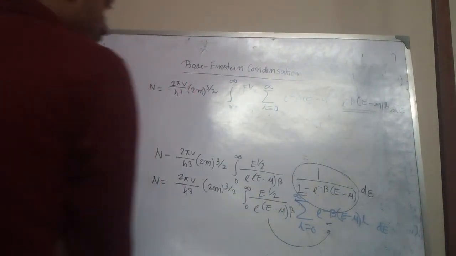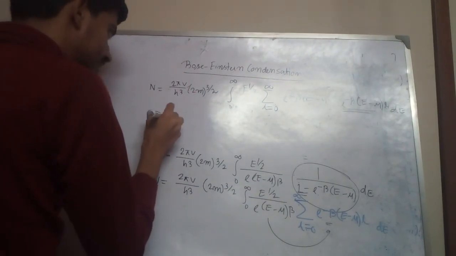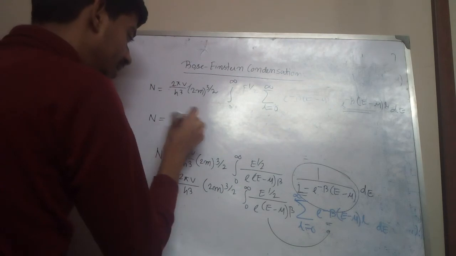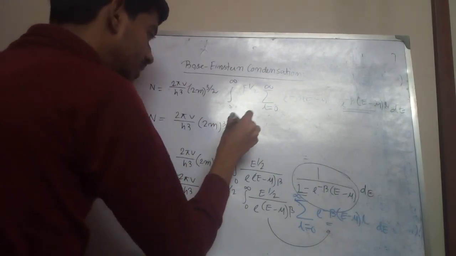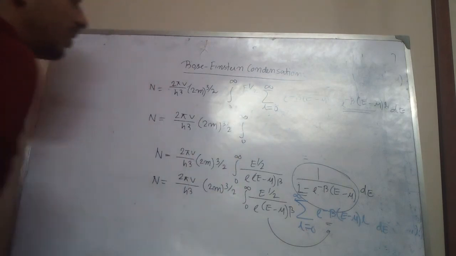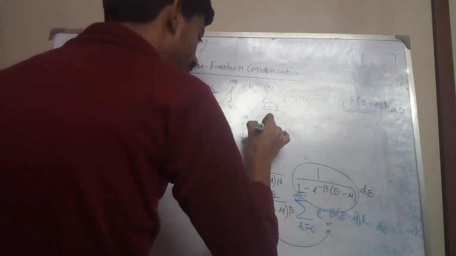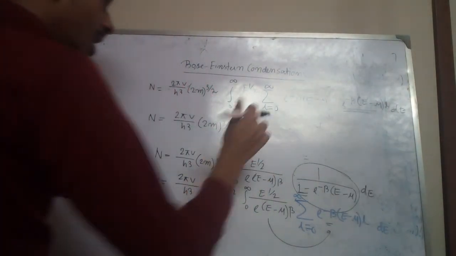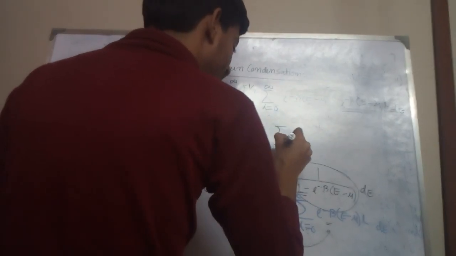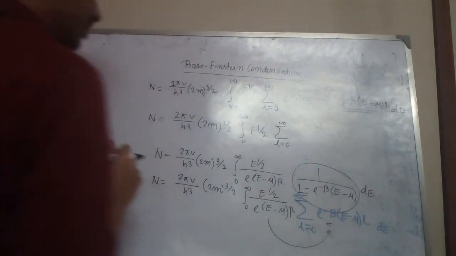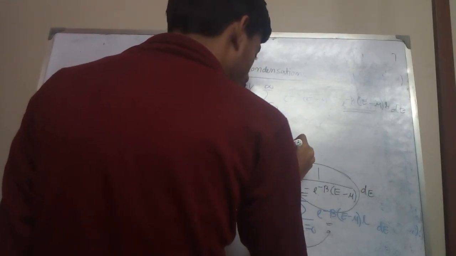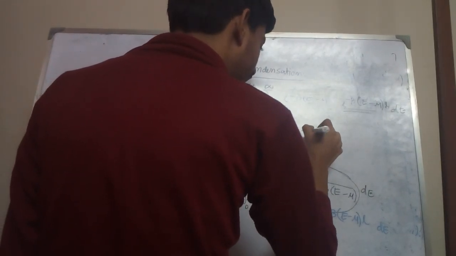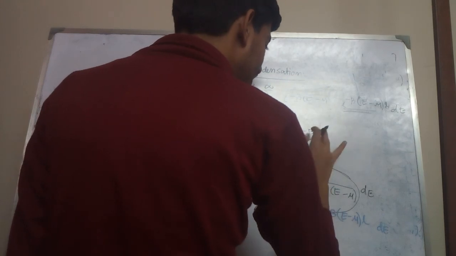So we can write it as 2 pi V by h cubed (2m) to the power 3 by 2, integral from 0 to infinity, e to the power half, sum over L running from 1 to infinity, e to the power minus beta (epsilon minus